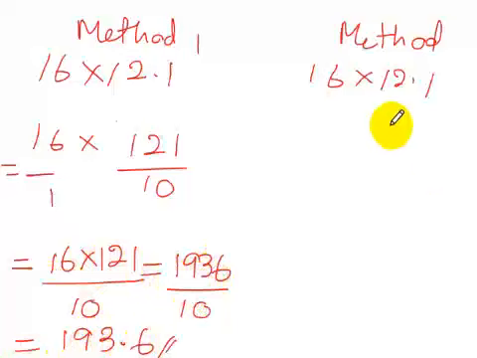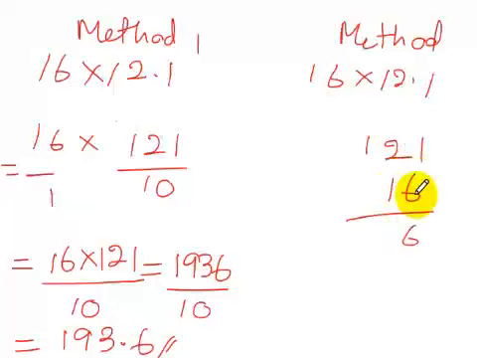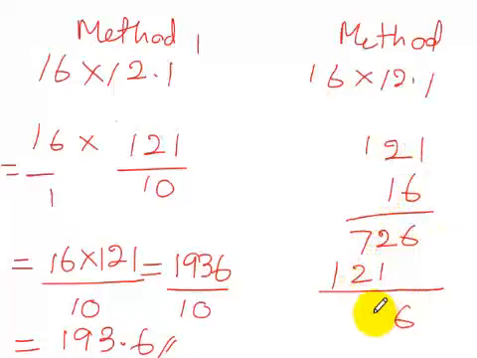Here, with method 2, no need to worry about the decimal. Just multiply 121 by 16. 6 into 1, 6. 6 into 2, 12. 1 remains. 6 into 1, 6, plus 1 remain, 7. 726. 1 into 1, 1. 1 into 2, 2. 1 into 1, 1. 6, 3, 9, 1. So the answer is